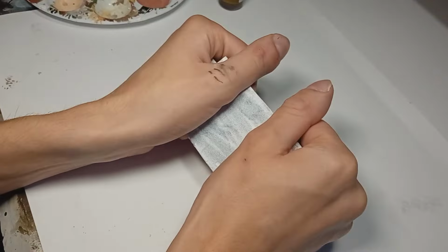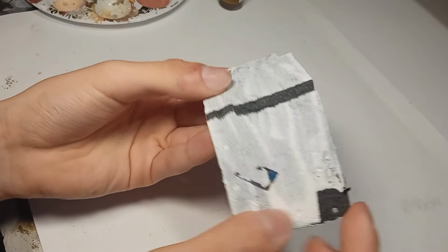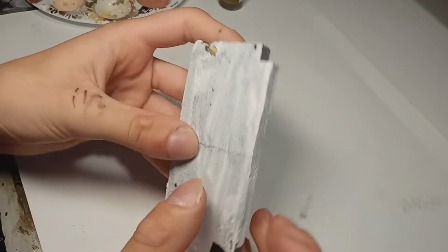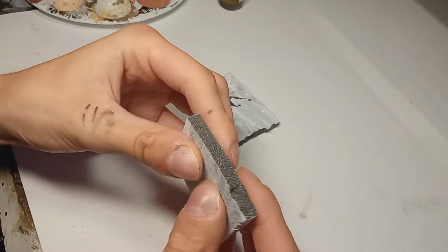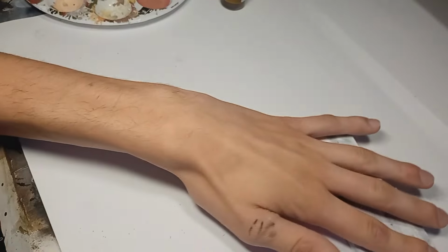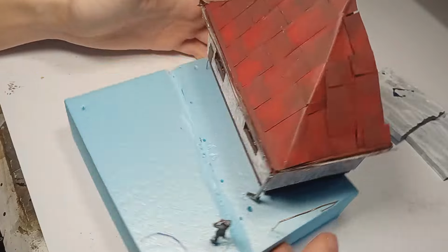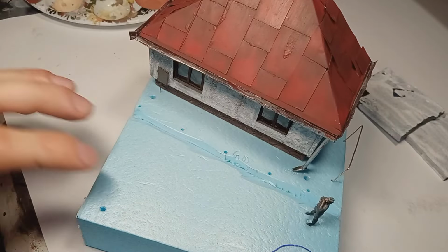I used this piece of styrofoam, filled to the brim with Vallejo Model Air White. I just covered it in undiluted color, and I just left it to dry overnight, which created this nice crust, which helps me create some nice cinder concrete blocks. This will be used for a fence, because I